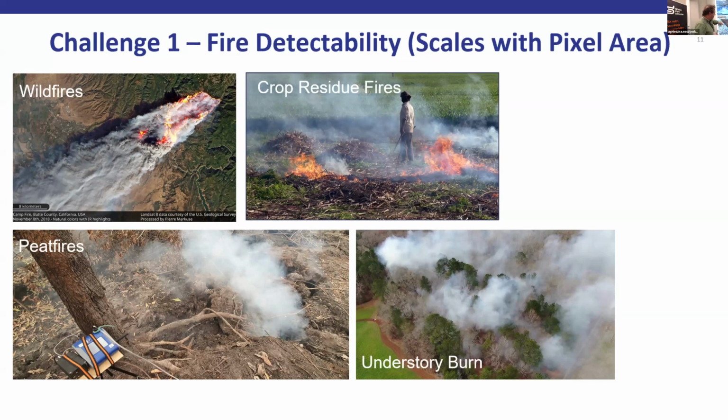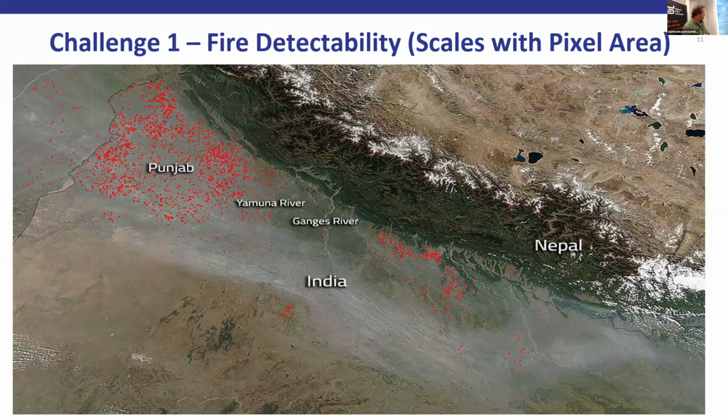And peat fires, this is some stuff we did in Indonesia a couple of years ago, where the actual soil is burning underground rather than flaming on the top of the surface. The ground does get hot, you can detect them, but they have to be way bigger than a flaming fire. So all those things are quite difficult to detect, but if there's enough of them, you can detect them. So here is a nice MODIS image produced by NASA on this great Earth Observatory website, I think it is. Fantastic website if you want to have a look.